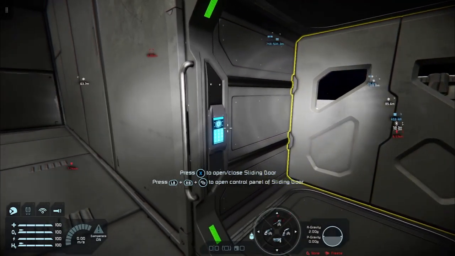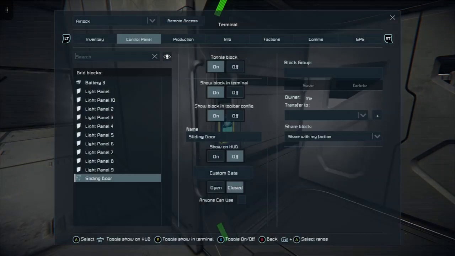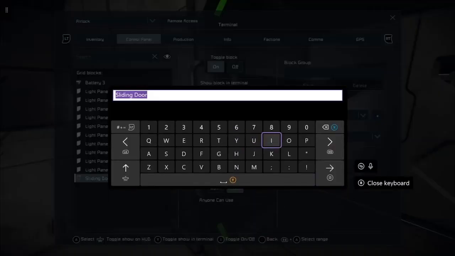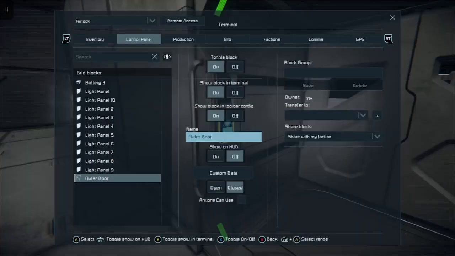We'll close it, hold down both bumpers, press the two squares or your inventory button, whatever it is, and you want to rename your sliding door, and call it outer door or something along those lines. No need to press any kind of OK apart from on the renaming GUI.